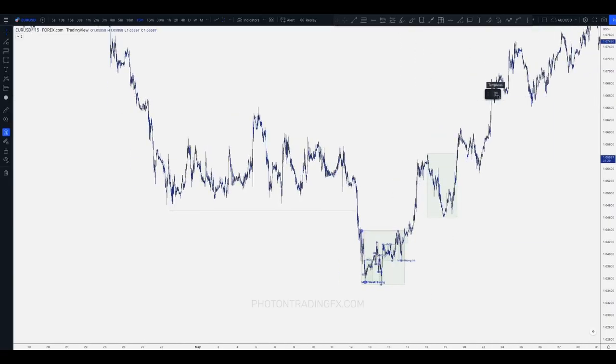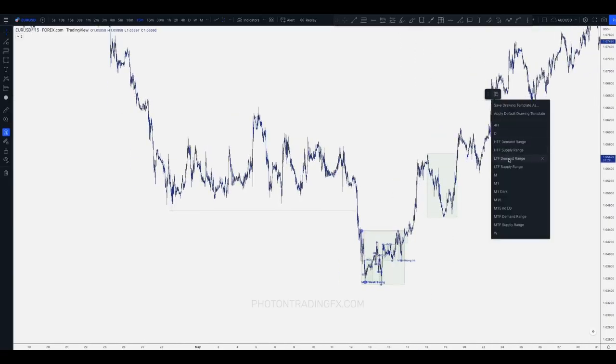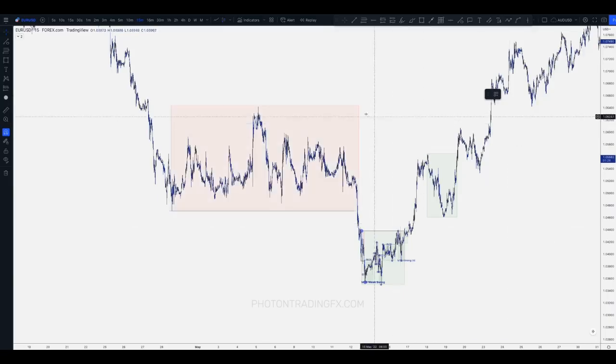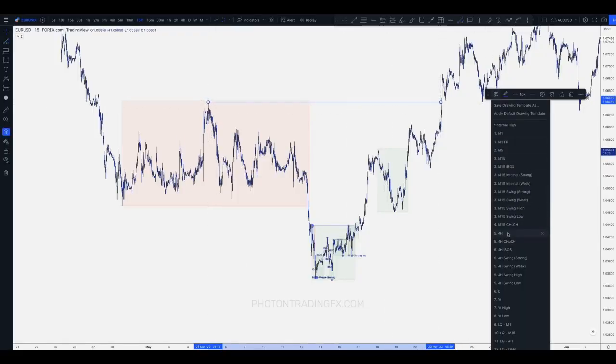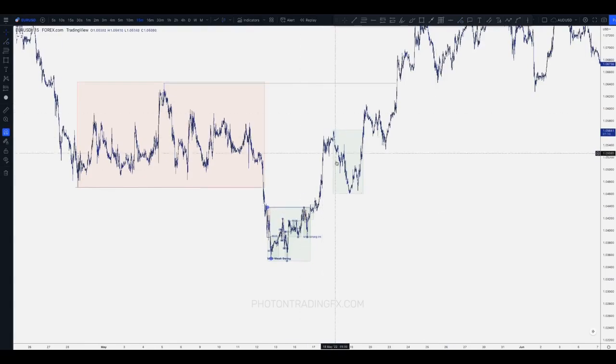Whoops. Let me try and get it right. There we go. And you would have that as your 4-hour swing high. Draw it all on, take your time, I'm not going to do it all now. Right, and then you can go, okay, well, we're expecting that to come in, and then you would obviously have